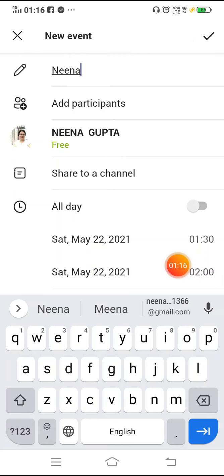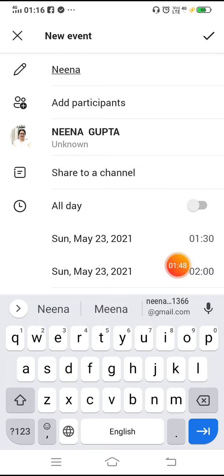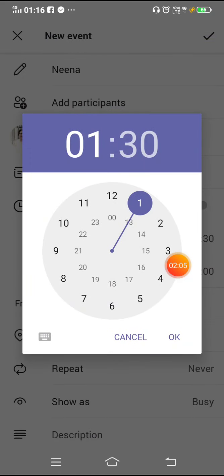Then we have to set a time. Here you see Sunday, May 23, 2021 is written here. In the right side of this there is time 1:30. So I have to click this time. When I clicked on the time, then I got this clock, and this clock is showing me 1:30